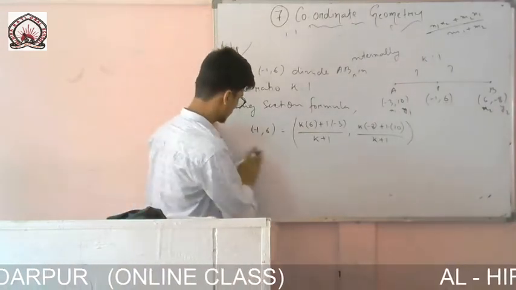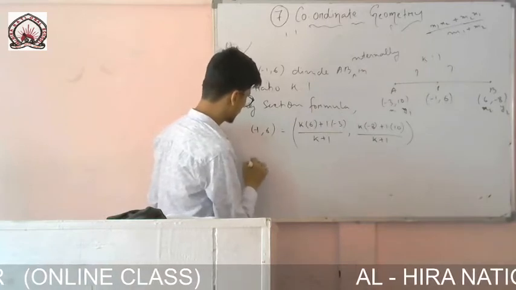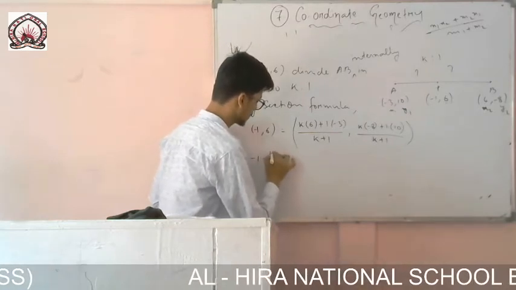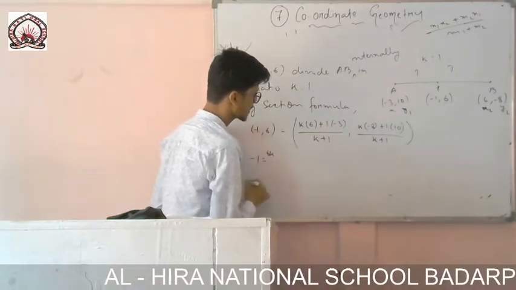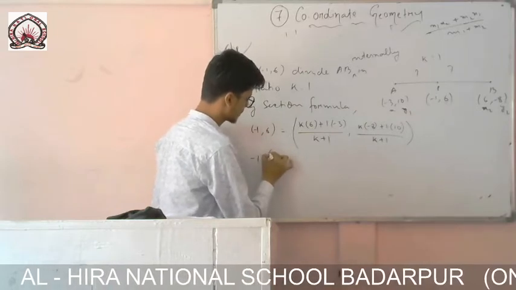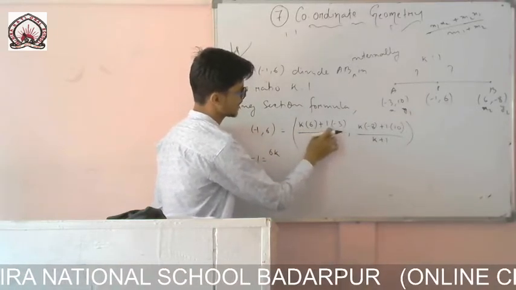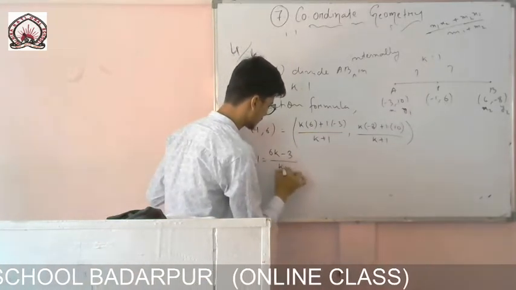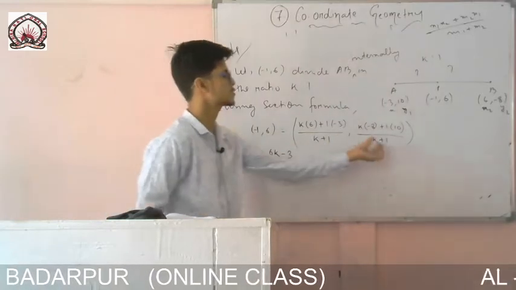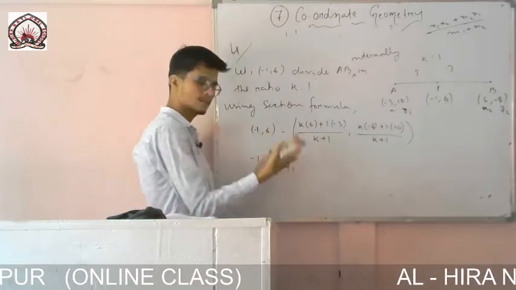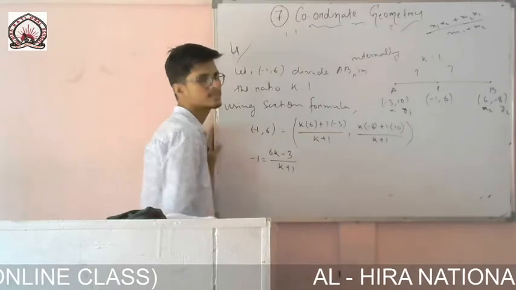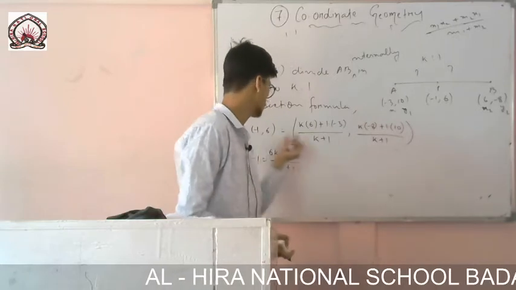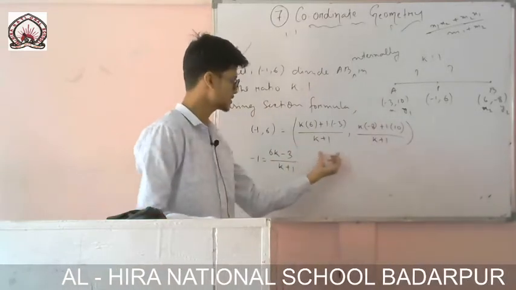therefore minus 1 will be equal to, on comparing, this one, that means k into 6, that means 6k. Directly I am solving and writing, don't get confused. 6k, and there it will be minus 3, and there it is k plus 1. Only 1 you write, because if you take the other one also, the value will be the same. So by taking 1 you can easily find, so why take 2? If you take 6, then 6 will be equal to that one, minus 1 is equal to this one.